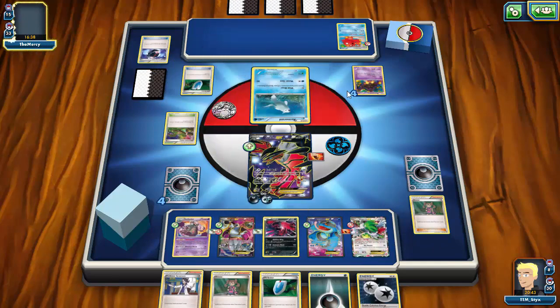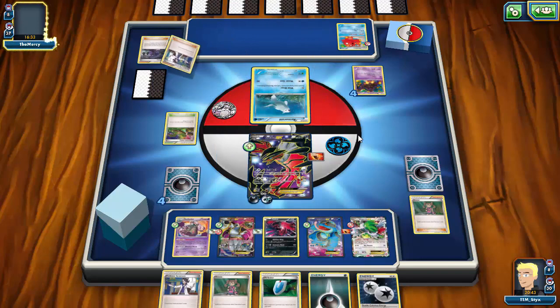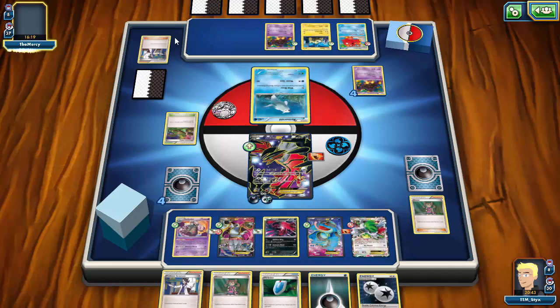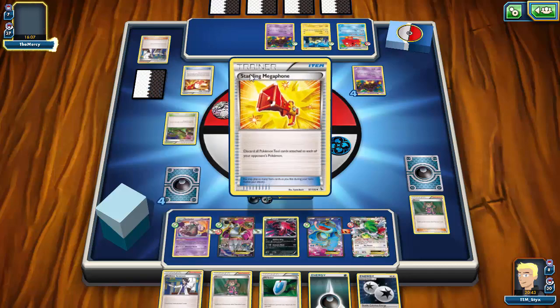So unfortunately my opponent did have a VS Seeker in his hand, so that is something that's a little bit troublesome. But I do have a plan for no matter what my opponent decides to bring in. He does bring in a Joltik and a Pumpkaboo. So I think I will have to see what my opponent puts a DCE on. Whichever one he puts a DCE on, I will try to knock out in one hit next turn. I think my best play right now...